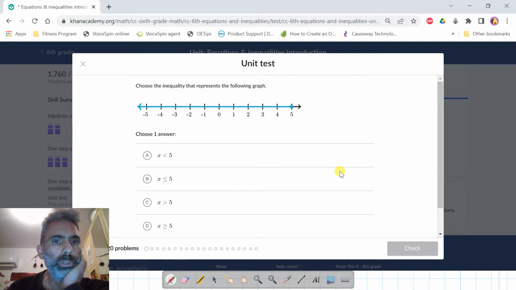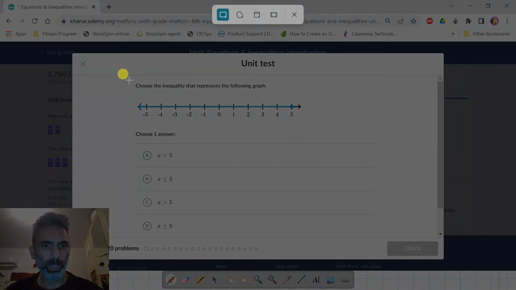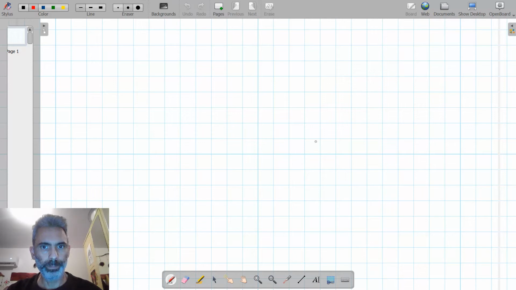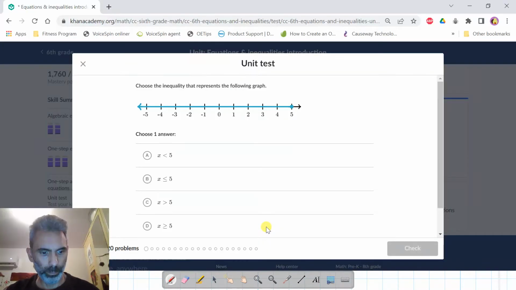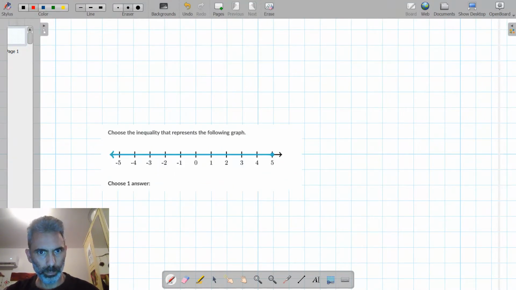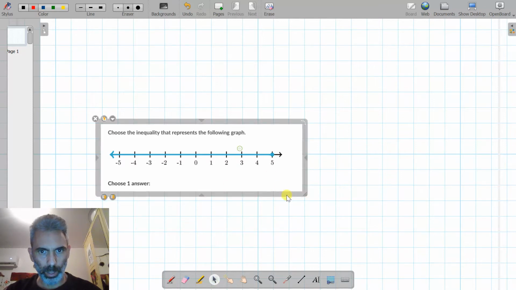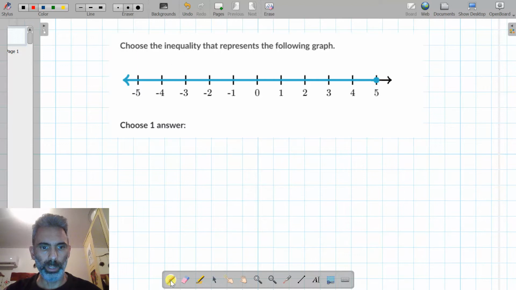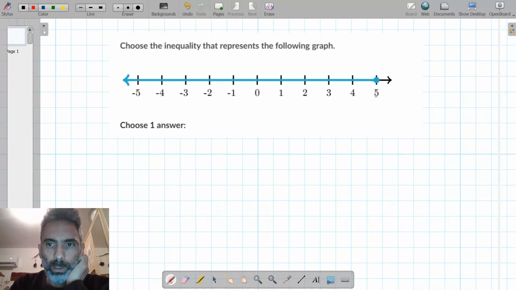Okay, choose the inequality that represents the following graph. So let me copy the question to the board, and I will enlarge it. Okay, so we see in this graph that the arrow starts with 5 and the direction of the arrow is